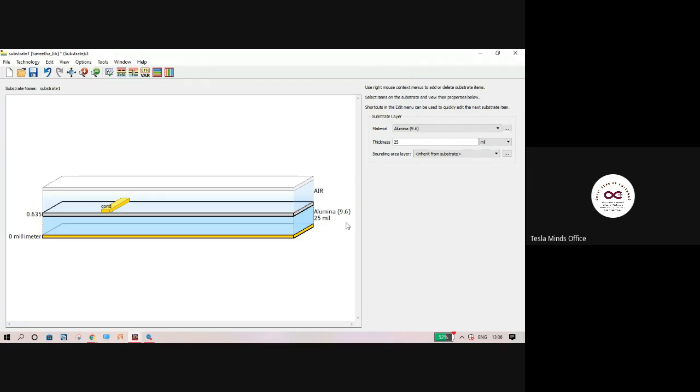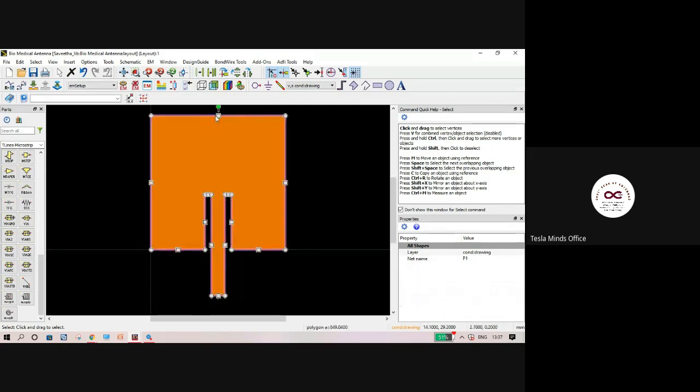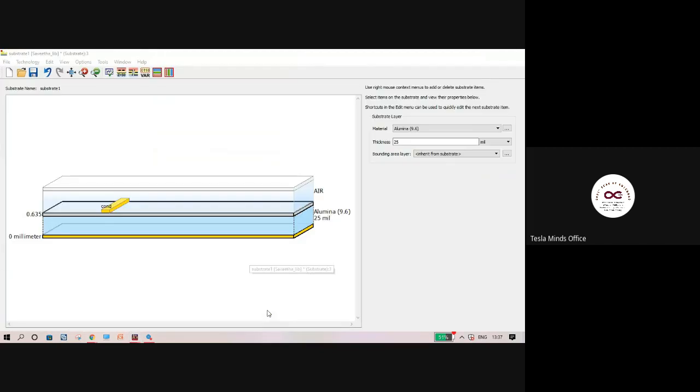So to have that conduction from point A to point B, for example in this antenna design, from the feeding point to the outermost point, if the electromagnetic wave has to pass through it, there has to be some inductive and capacitive effect, right? And that goes back to your EMF classes, so I'm not going into that now. You have to have an electromagnetic effect. Just understand this. To include that effect, you have to have a separation between your top conductor and the ground. That is provided by this dielectric material.